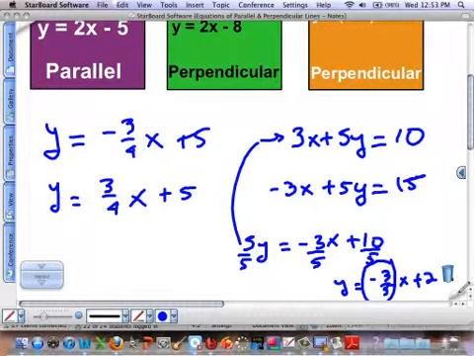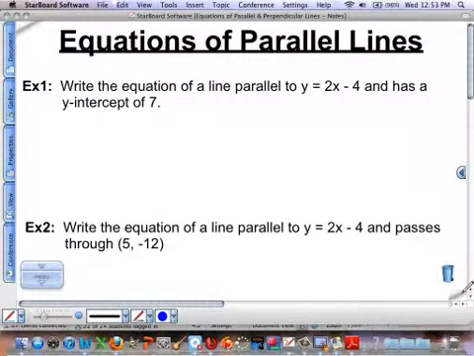Okay, so let's actually get into the meat of this. Now we're getting kind of this idea